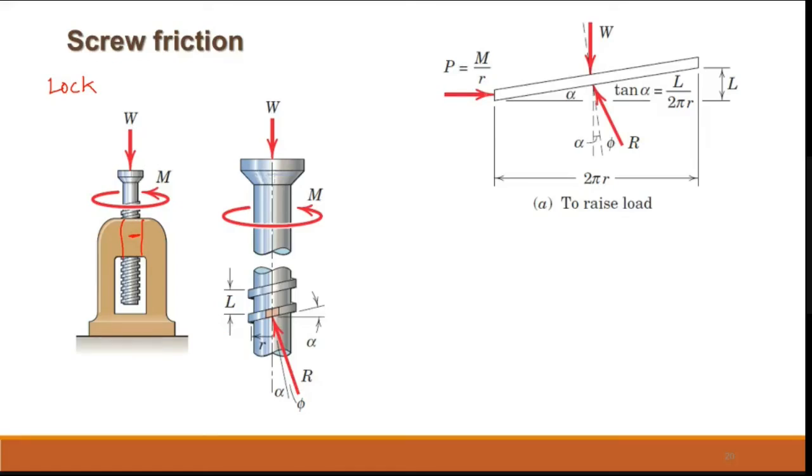The amount of force applied is so that I want to lift my load upwards. The force is acting downward, right? And this is the friction. So the total friction force is a combination of your normal reaction N R plus friction F r, right? The resultant of this is R, and the angle with respect to this is phi.